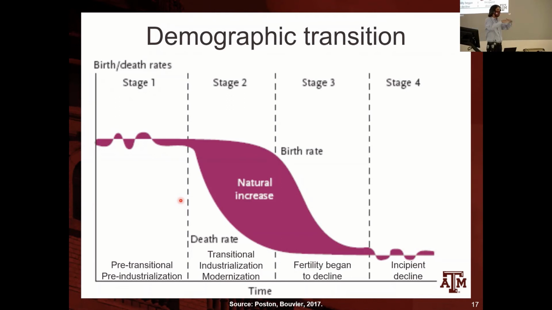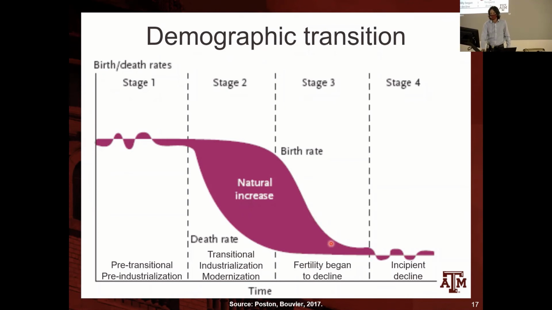Of course, it's also related to changes in society, urbanization. It's more expensive to have children. But what this graph is trying to show us is that fertility starts to drop after a drop in mortality. And mortality dropped a lot, continues to drop a little bit, but begins to be more stable. But then you have this stage 3 in which fertility starts to decline, and then the natural increase, the difference between birth and death rates, starts to decline. So population growth is positive, still increasing because birth rates are higher, but it's not as fast as it was